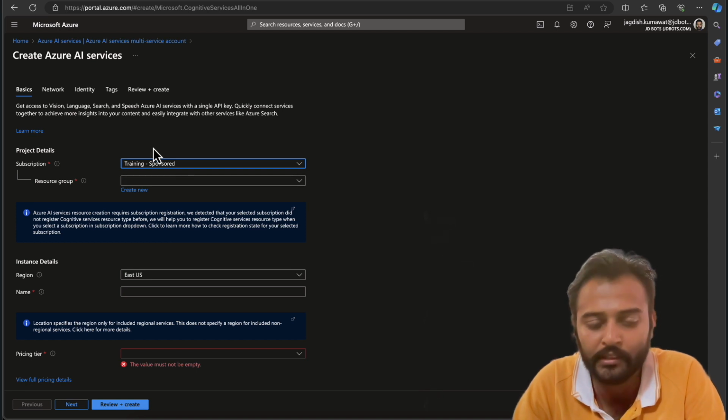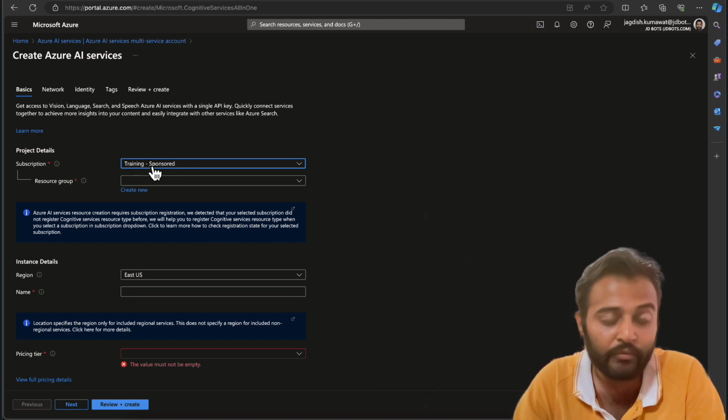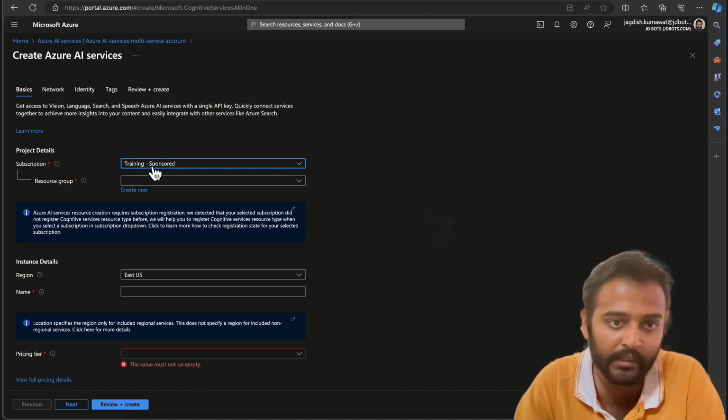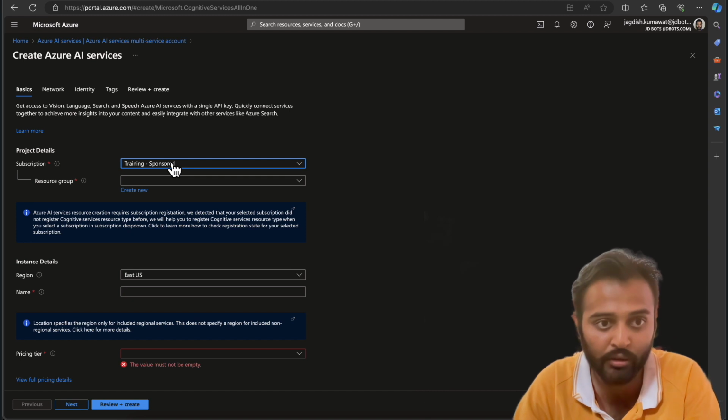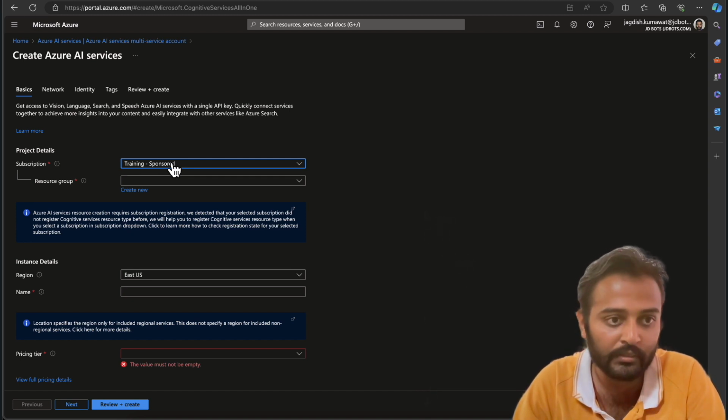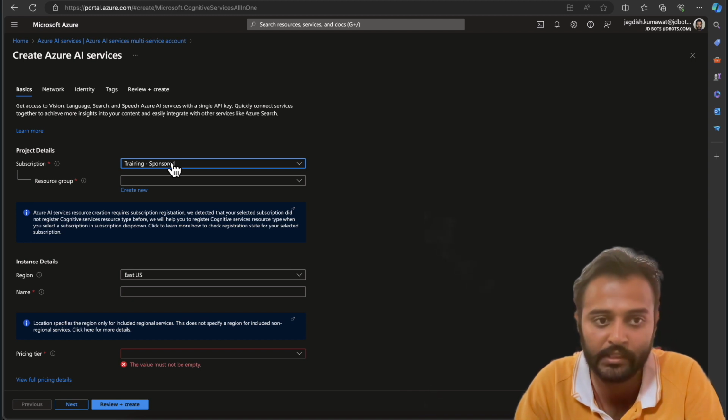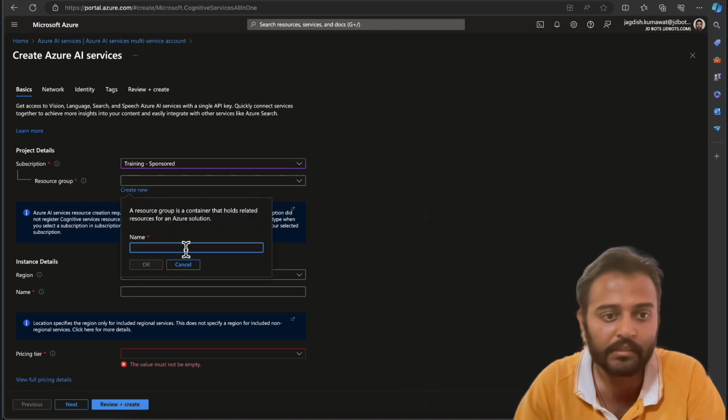Here I'll be selecting the subscription. If you're on the free trial, then it might be written here as free trial. And if you are on pay as you go, for the first time, it might be written as pay as you go or Azure account one. So these are some of the naming conventions it has. You can always rename your subscriptions. All right, so